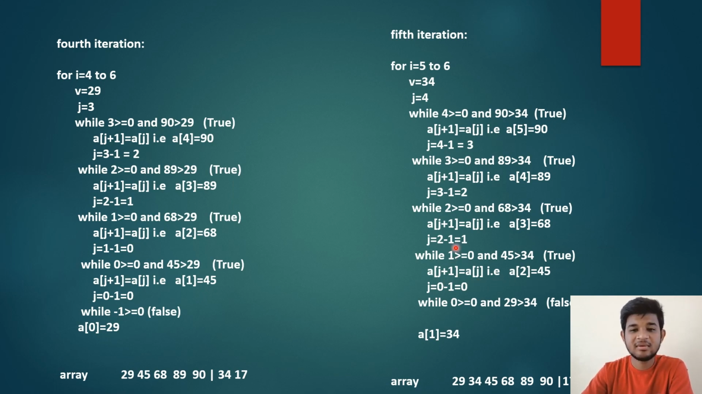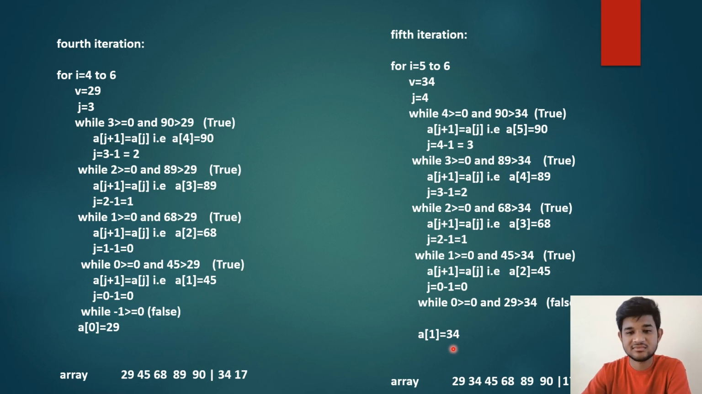and j is again decremented by 1. Therefore j is equal to 1 minus 1, which is 0. While 0 is greater than or equal to 0 and 29 is greater than 34, false. 29 is not greater than 34. Therefore it comes out of the loop and executes the code which is present outside the while loop,